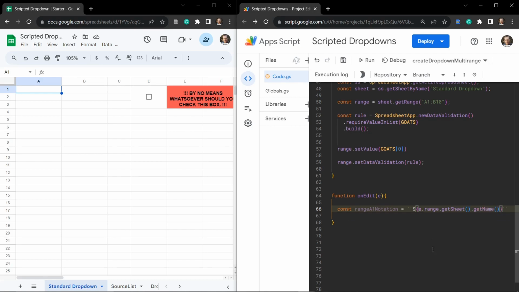Cool. So this range A1 notation here is going to help us find the location that this edit is occurring. And if it occurs on this D1 cell here, then we want to do something to A1. If it occurs anywhere else, we don't want to do anything. What's next? We want to create an exclamation mark here inside our string, and then we want to also add